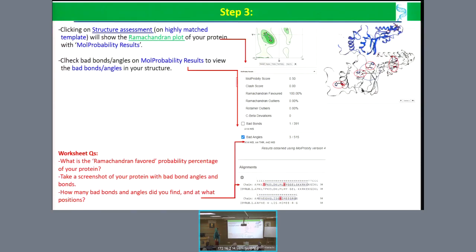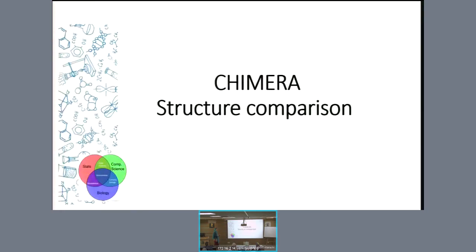And which are those angles? Where are they located? Number 1, number 2, and number 3. And they are also highlighted in here, right? One of them I highlighted by myself. So here you can get more information about the stability of your protein and how good the structure is. That was all about the server,